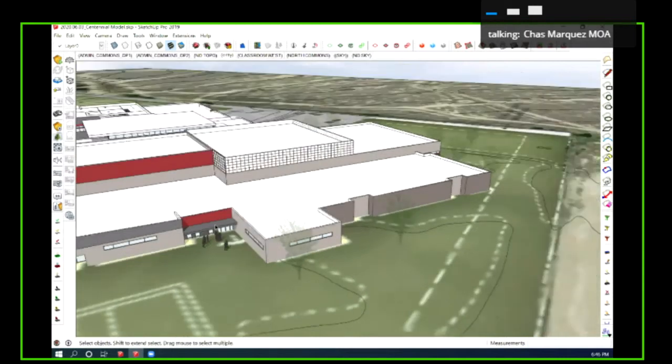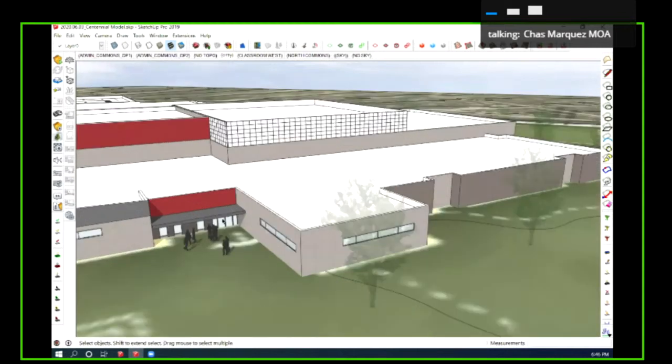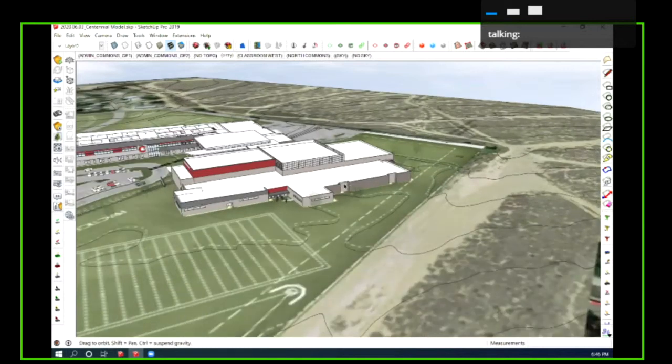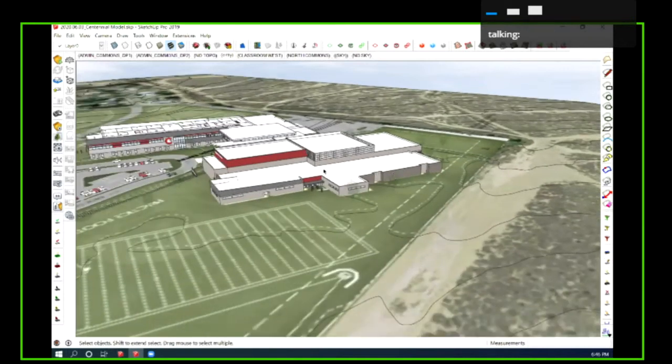So this is the wrestling area. Again, we want some transparency, but also just the function of the space. We're not going to want that glass coming down to the ground. So again, we're going to keep those windows up high in this space. And then you can see there's some doors that will come out from the locker rooms. You can come out to some of those play fields. I'll try to zoom out slow here. So you'll be in the locker room and the gym space, but then you'll have that direct access to these fields here.